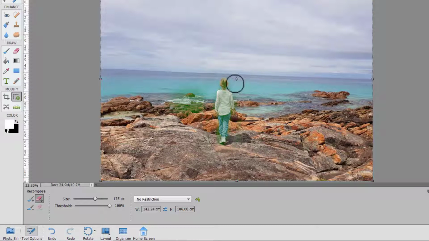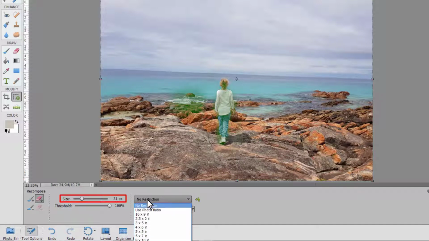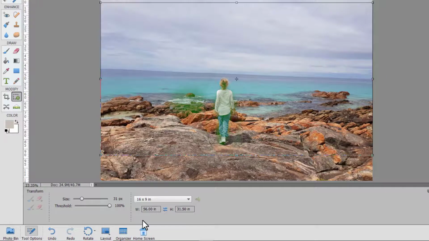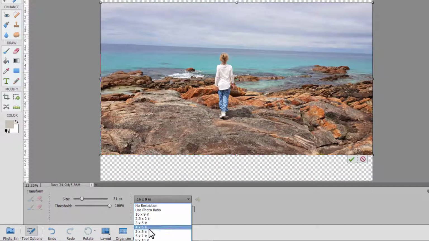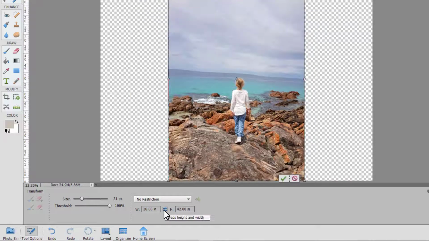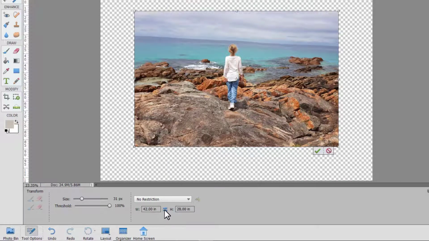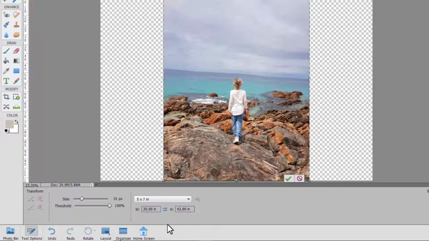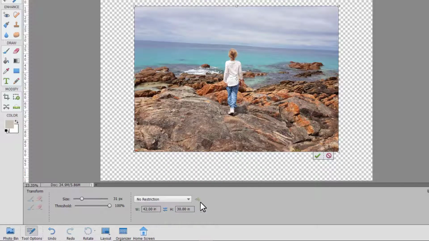We don't care about the water on the edges, etc. This is our adjustment for that brush size. And here we can actually resize it to a set photograph size, so 16 by 9, 4 by 6. You can flip the height and width to get a horizontal instead of a vertical and so forth. And then if you don't like how anything turns out, you can press the red cancel button.